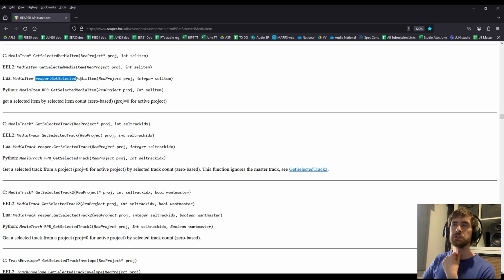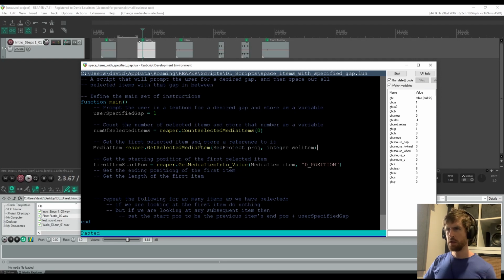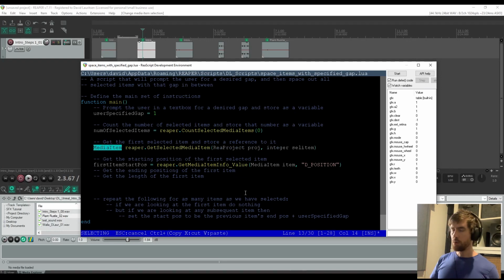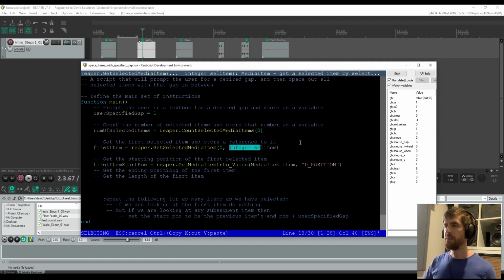So this is a function. And you can see it returns a media item as a data type. So that's good. That's what we want. And we'll just call that, now let's call it first item. First item is, so it needs to know about the active project, which is 0. And then